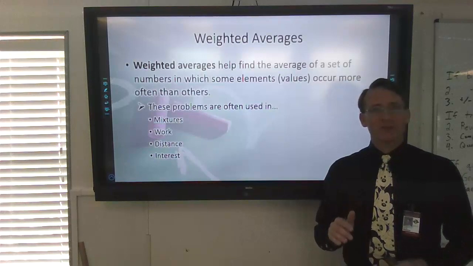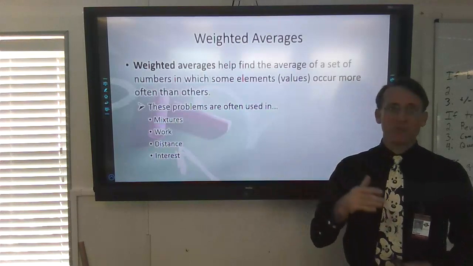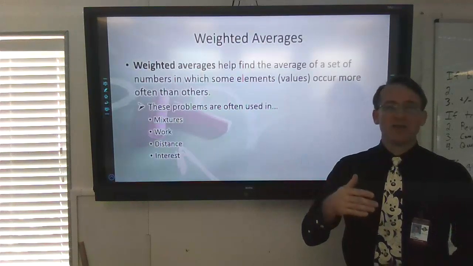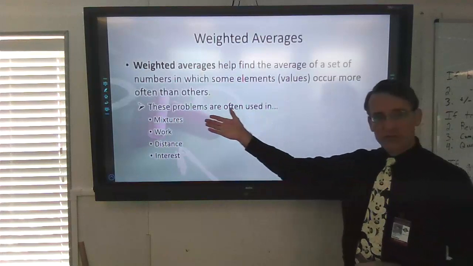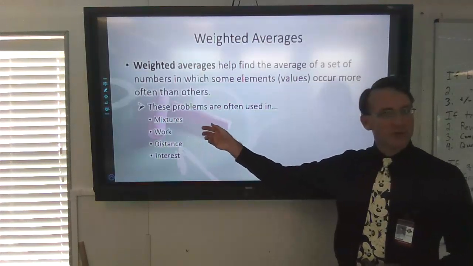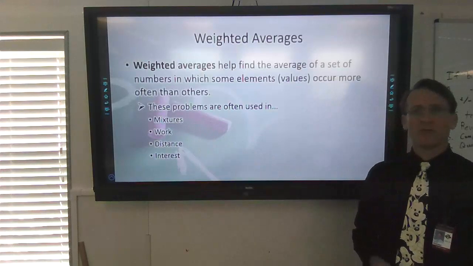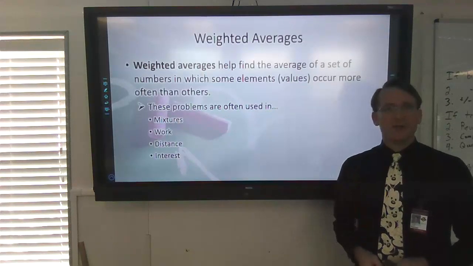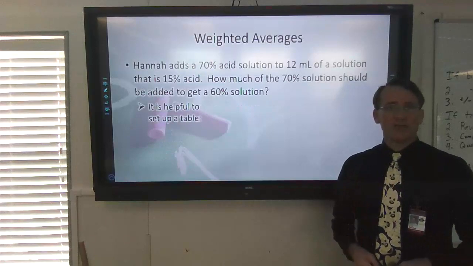Well, your average is going to be a lot closer to the 98 than it is the 70, because you scored more 98s than you did the 70. So that is what we call a weighted average. They're used for mixture problems, work problems, distance problems, and also for interest. We're going to be looking at a couple of those as we go through this particular section. But I just want to introduce it to you today and hopefully help you to understand how you work out